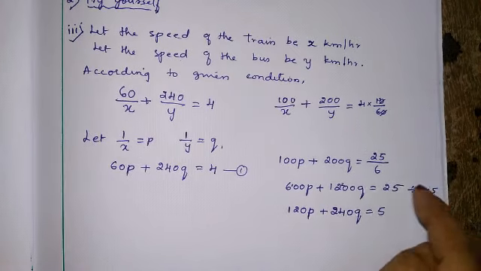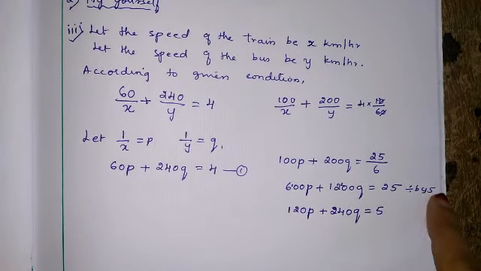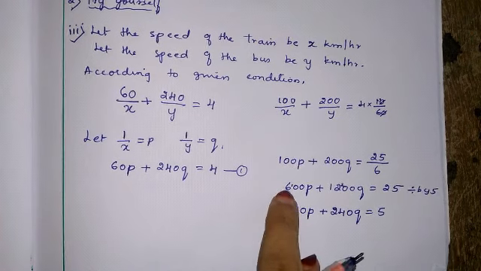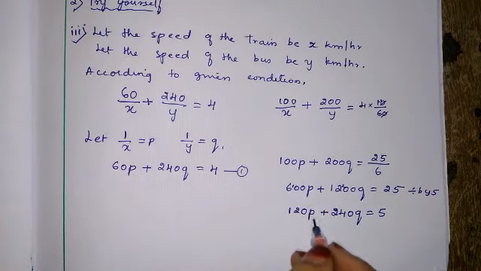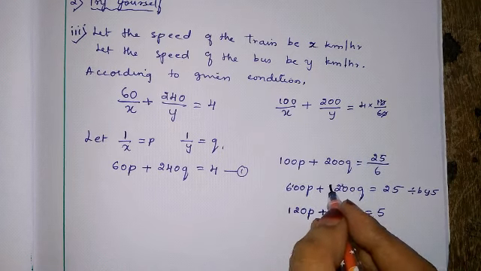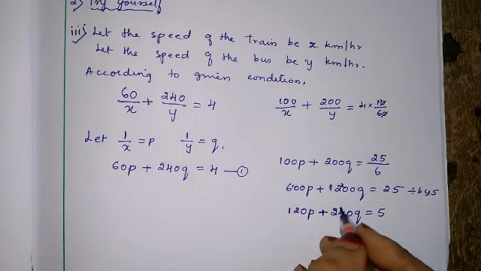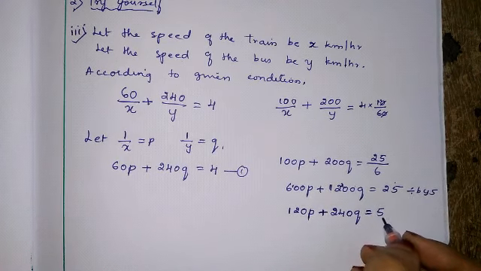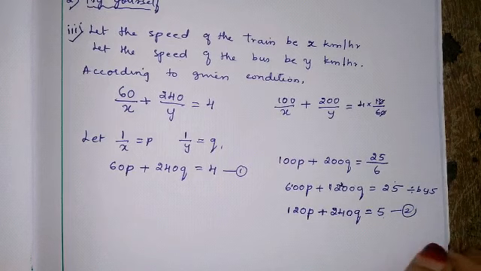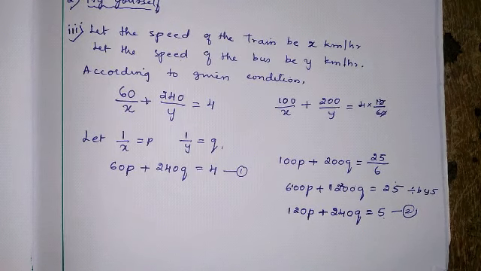If we want to divide the whole equation, we have to divide it all. So 5 1s are 5, 1 remains, 5 2s are 10, 0 as it is, p as it is, plus 5 2s are 10, 2 remains, 5 4s are 20, 0 as it is, q is equal to 5 5s are 25. Equation 2.